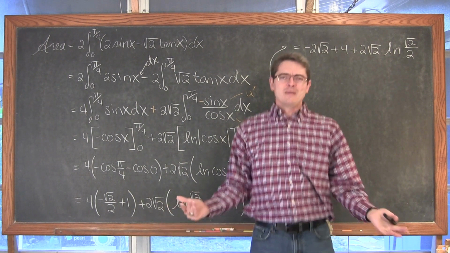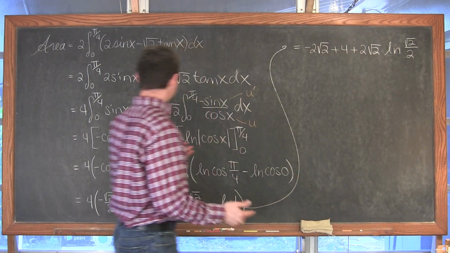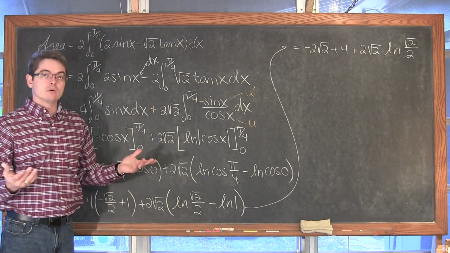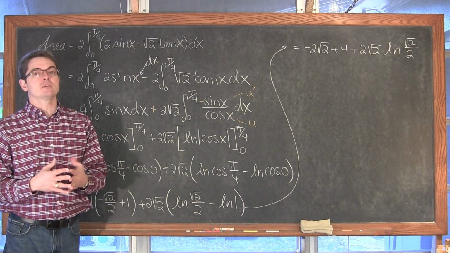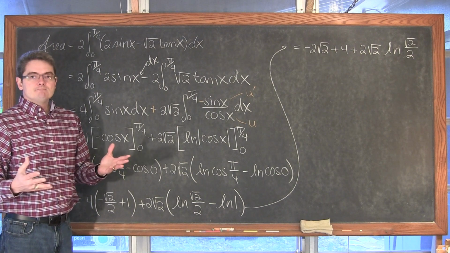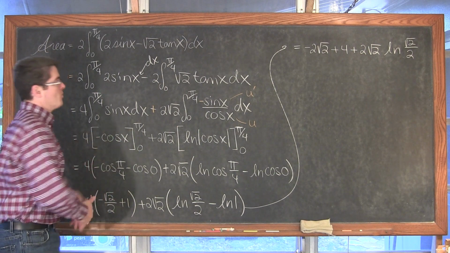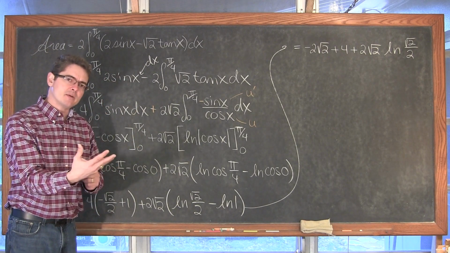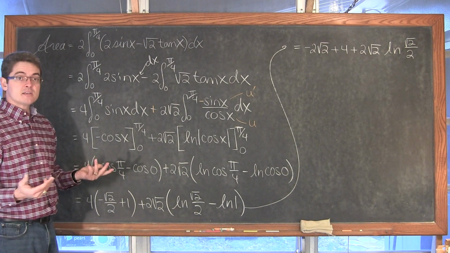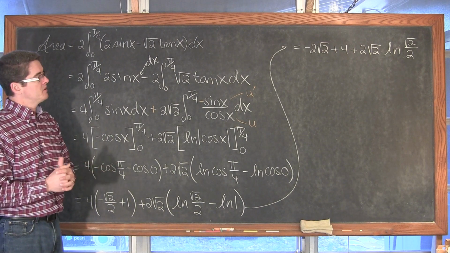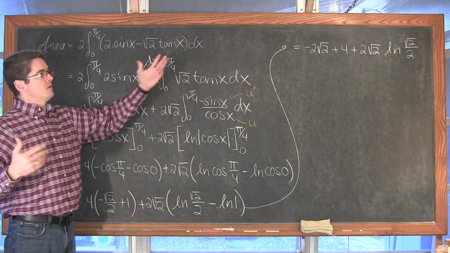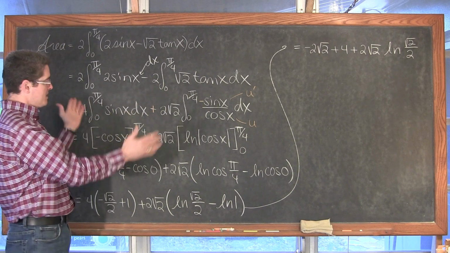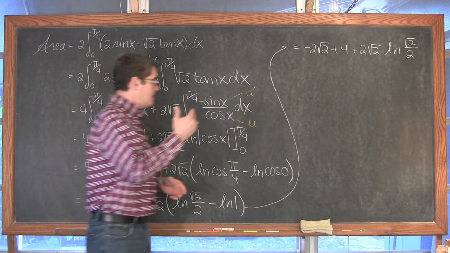Well, maybe. You might have done all this work and got to this answer. Go to the back of the book or look at the multiple choice options you have on a test and realize it doesn't match. Okay, if you're doing your homework, did you really do it right? Well, you could plug it all into your calculator and see if you get the same decimal approximation of what's in the back of the book. If you're taking a test and you don't have access to a calculator, that's not going to help. Or, again, with the multiple choice test, not getting that in the same format as one of their choices. So this is done, and unless I made a mistake, it's all correct.